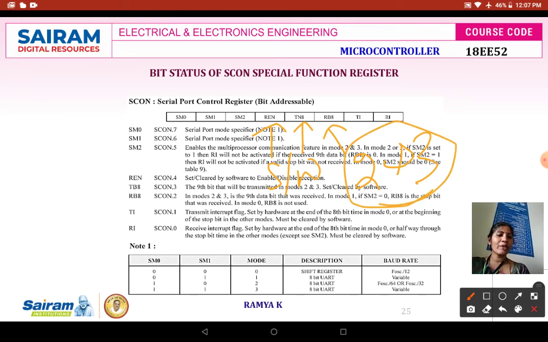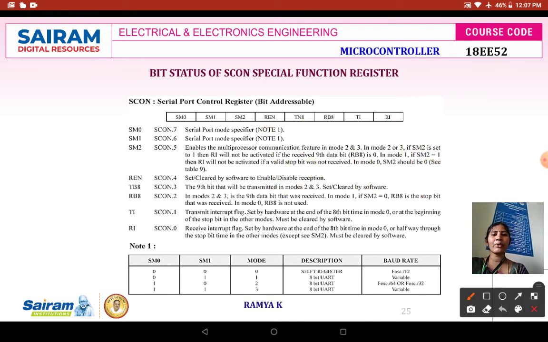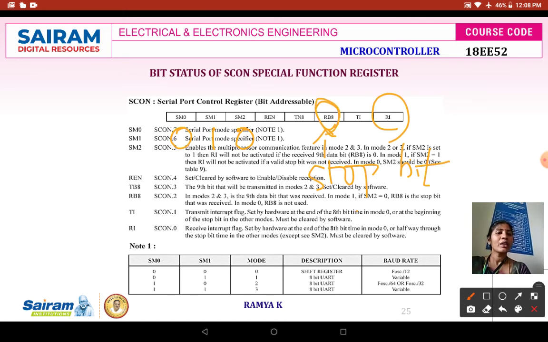So in mode 1, if SM2 is 0, for example, you are operating at mode 1. Mode 1 means SM0 is going to be 0, SM1 is going to be 1. Under this condition, if your SM2 is going to be 0, then RB8 will receive the stop bit. Therefore, this RI interrupt will be activated. If this RB8 is receiving the stop bit, your RI will be activated.